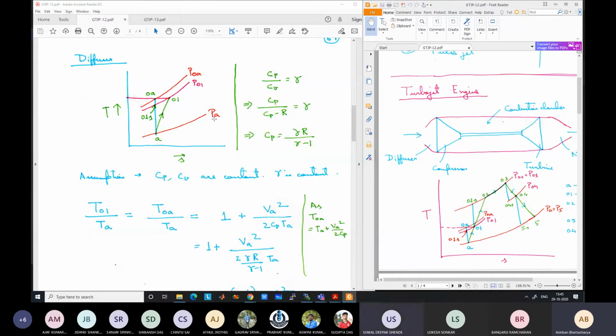We can find it using static temperature. That is true. Say the velocity is almost zero at the exit of the diffuser. We have the diffusion process such that at the exit of the diffuser, the velocity is almost zero. What will be the static temperature then at this point if there are no losses?